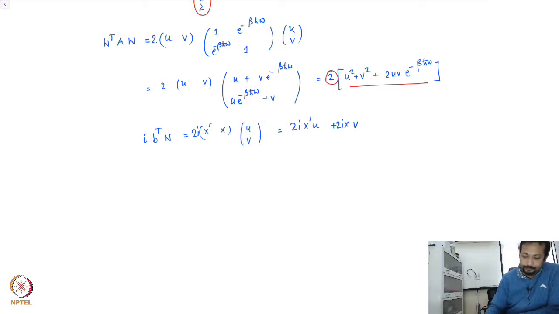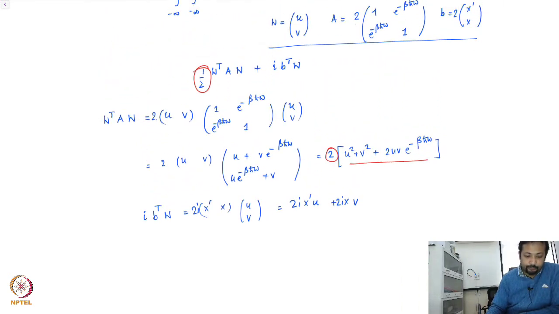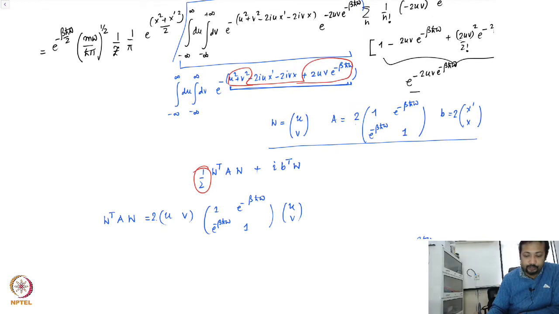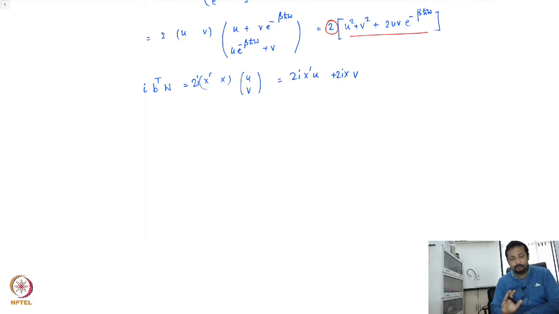So now we want to look at this integral. As we said, this is a multi-dimensional Gaussian integral. How do we evaluate that? It's not very complicated, it's very simple. So I know that we start off from this: the integral from minus infinity to plus infinity dy e to the power